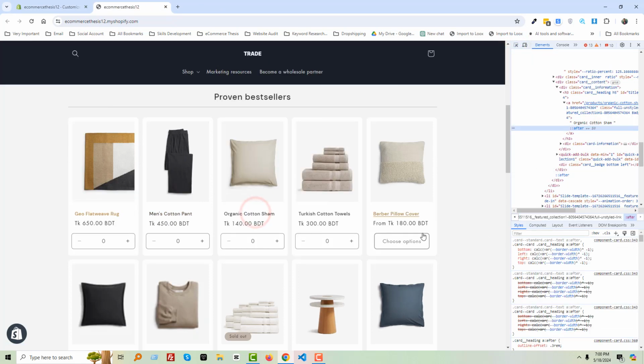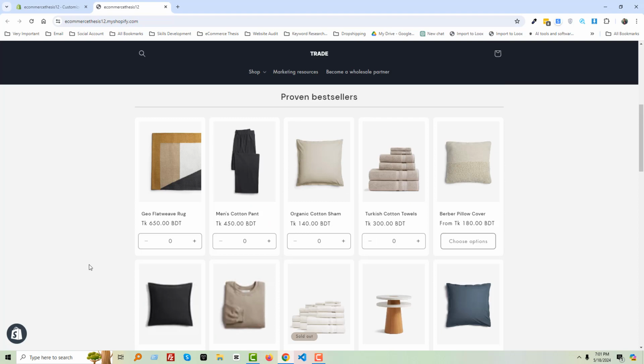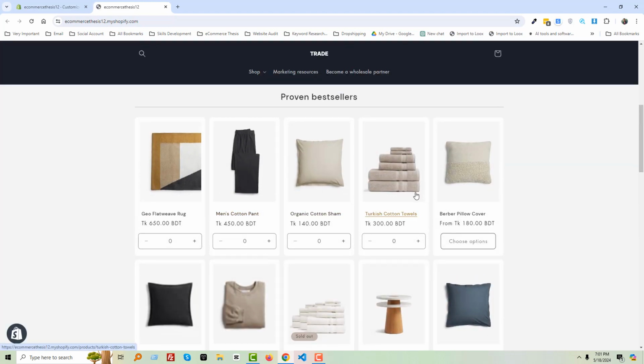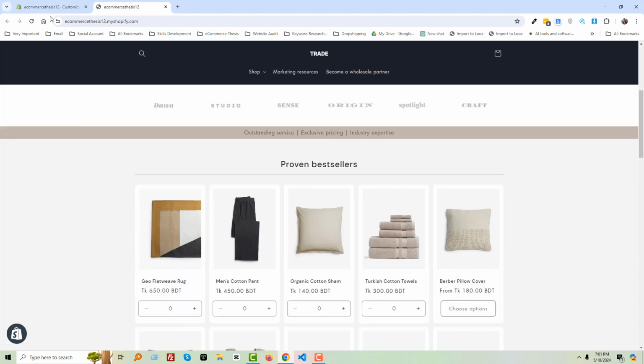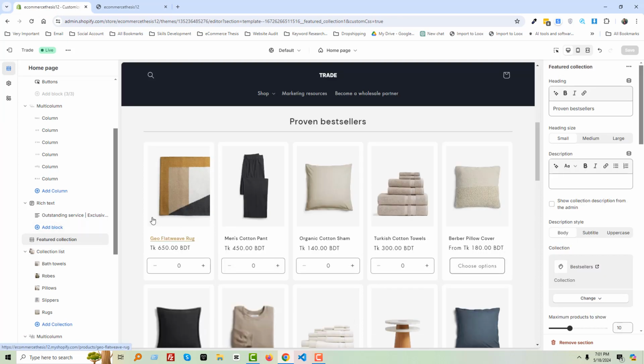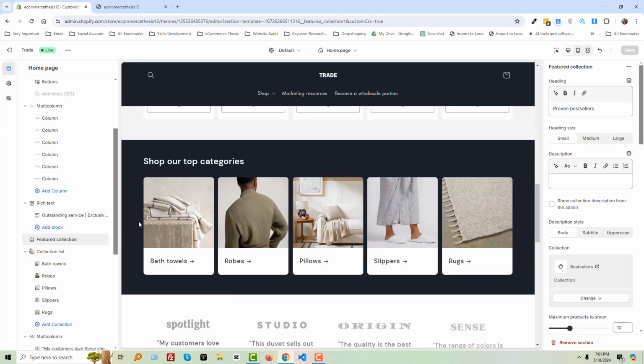Now we have to check, then reload. Okay, now you can see that the product title color has been changed on hover. Then go to the customize section, then we're going to the next section,